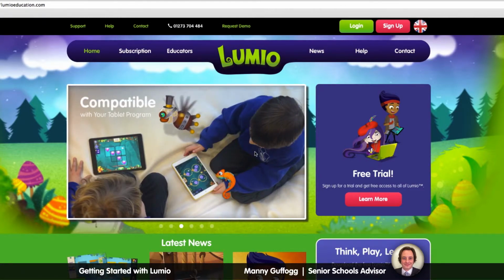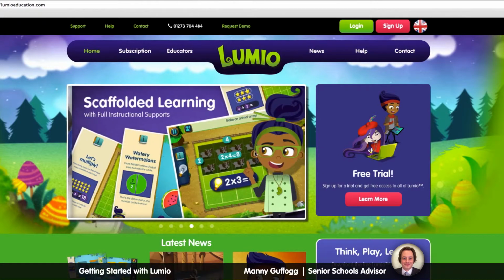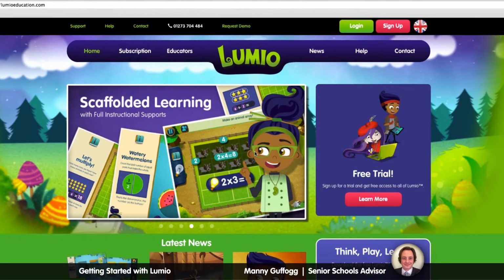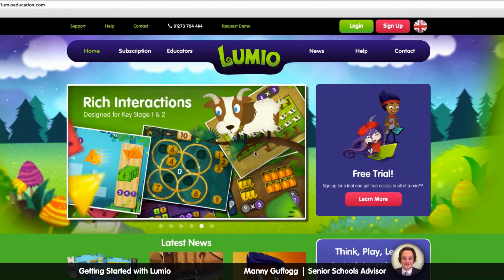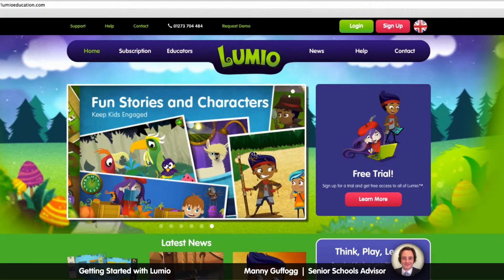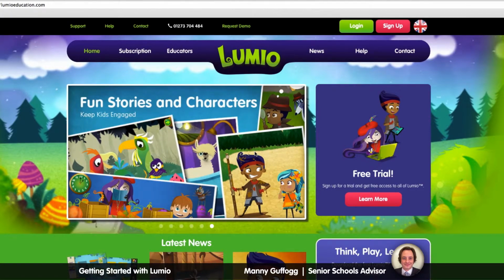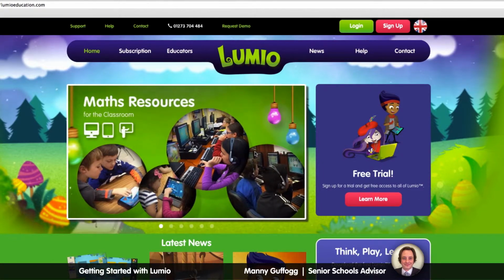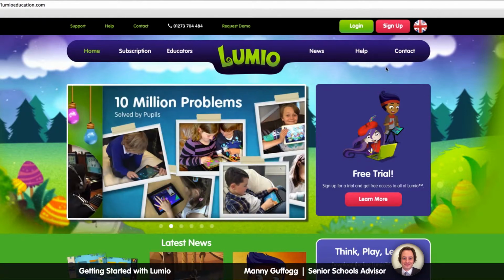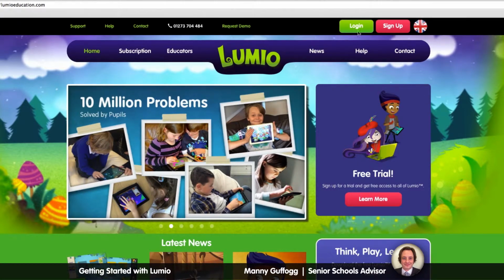So what I'll do today is cover some of the basic functionality, like how to log in, how to get your login details, how to create login details for other users, including pupils and teachers. We'll also cover how to put pupils into groups, and I'll introduce the next part of the getting started guide as well. So without further ado, I will log in, but before I do, you will notice that I'm using